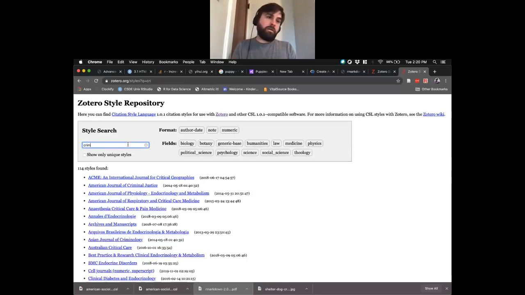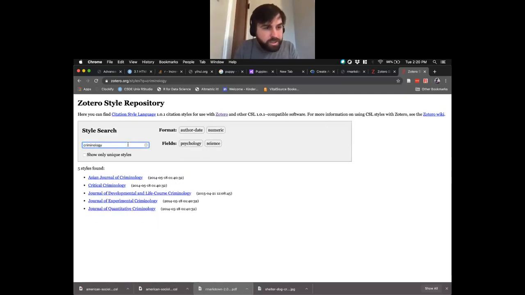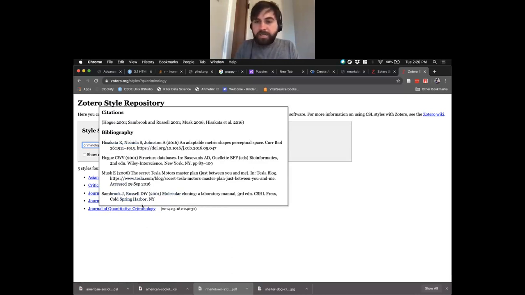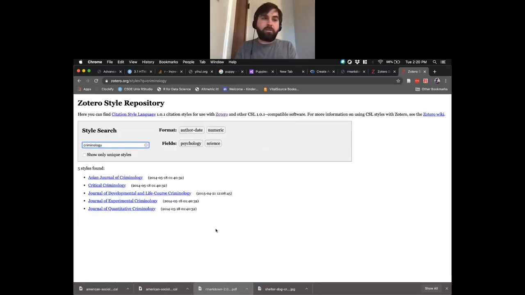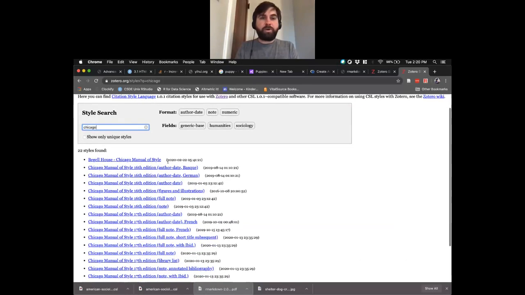So, Journal of Quantitative Criminology style guide is in here, right? Obviously things like Chicago style are in here, 40 different versions of it. So this is a great way, whatever citation style you need, just go get the citation style file and then put it in your directory and it'll render automatically. Now,